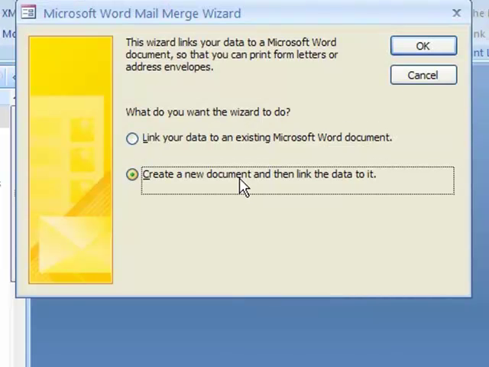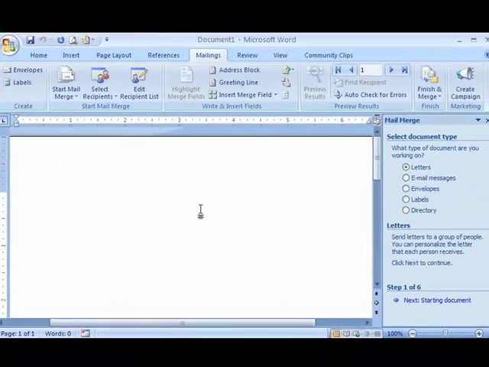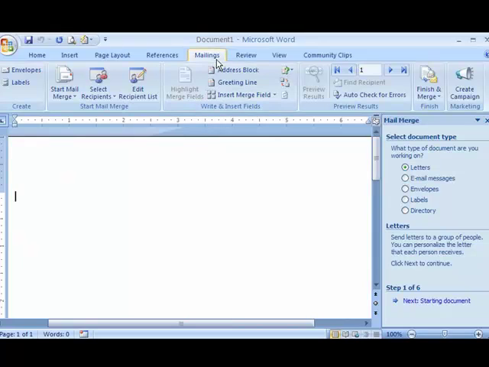I'll select Create a new document and then link the data to it. If I had an existing document I wanted to use, I could link to that instead. Now I click OK. A new document opens in Word, with the Mailings tab selected and the Mail Merge wizard open in the task